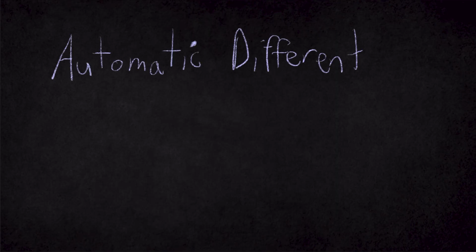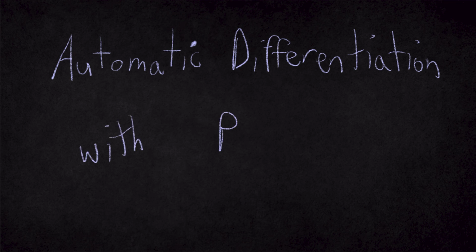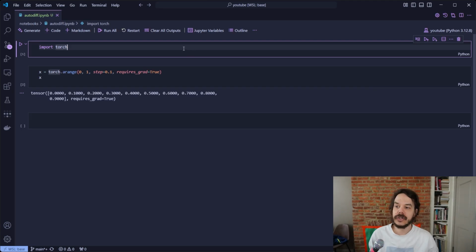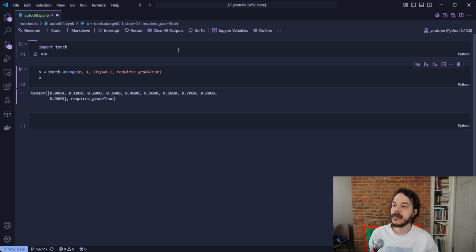Now that we saw conceptually how the backpropagation algorithm works, I wanted to go over a practical example of actually doing it with PyTorch and cover some of the gotchas of PyTorch's automatic differentiation module. Here I am in another Jupyter notebook, and I've already imported Torch and created an example tensor for us to